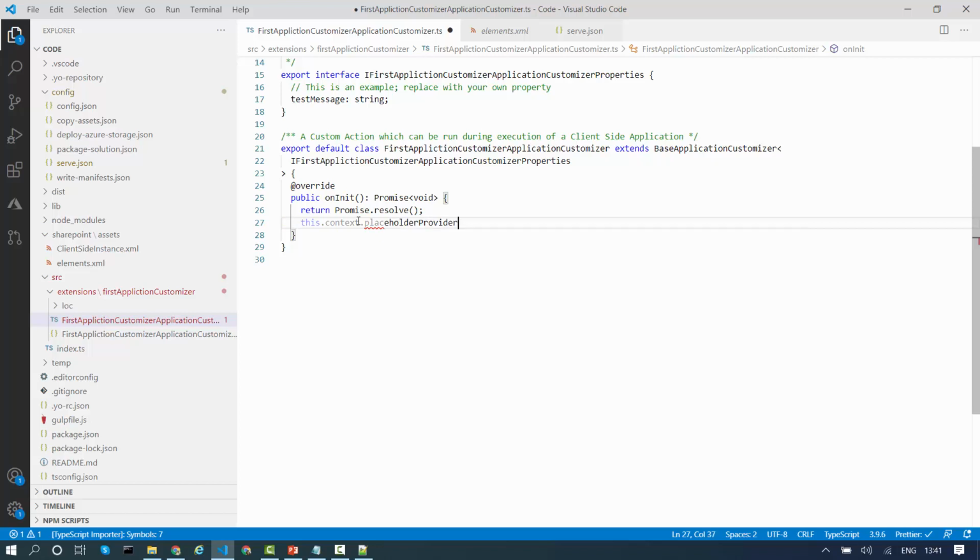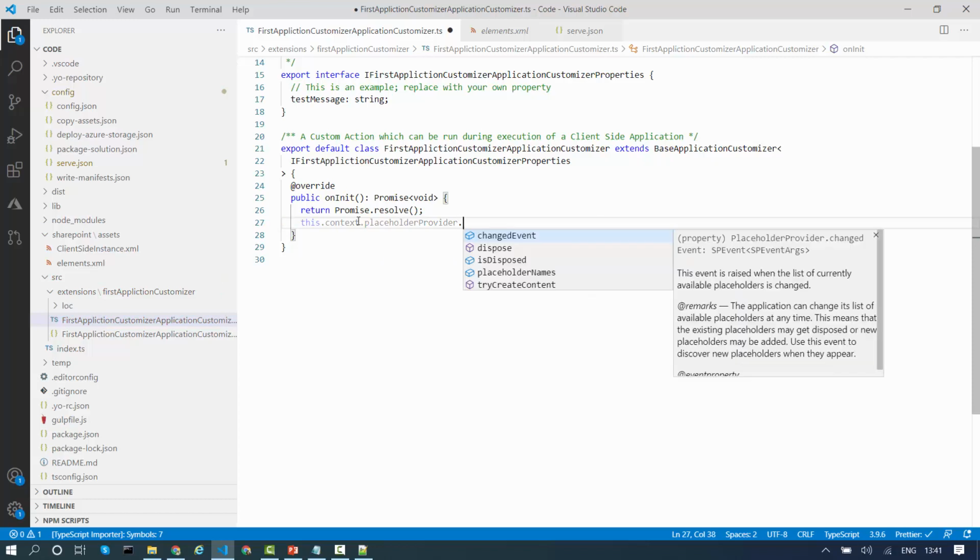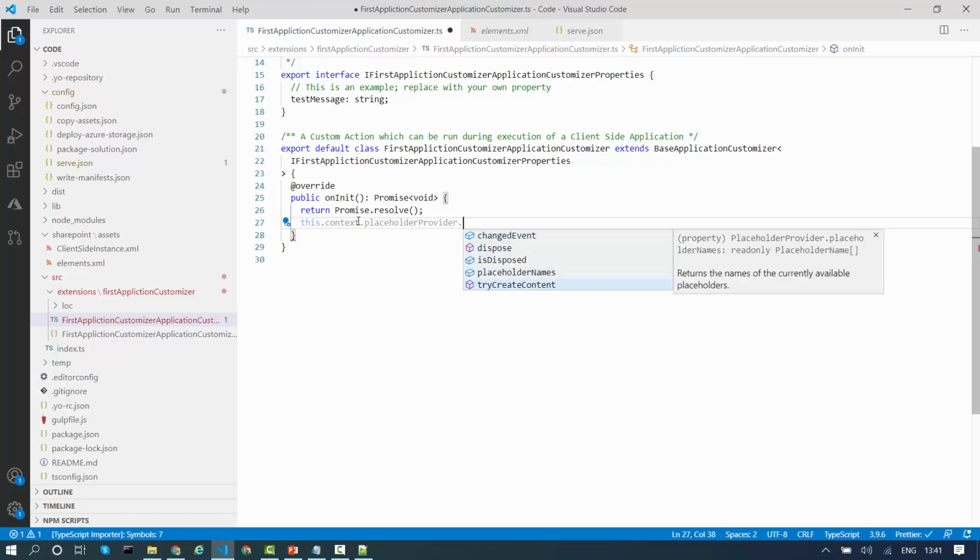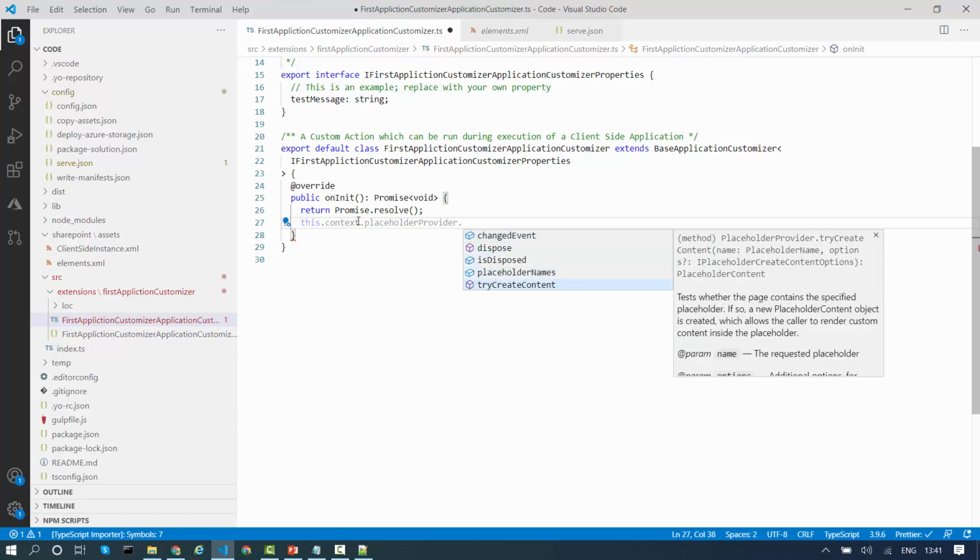With this.context.placeholderProvider, we see these methods: changedEvent, dispose, placeholderNames, and tryCreateContent. Changed event and try create content are the two frequently used methods.